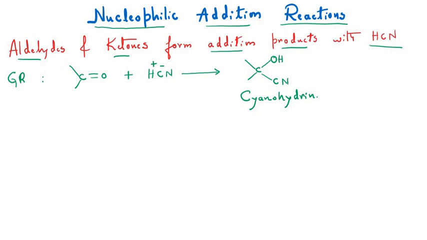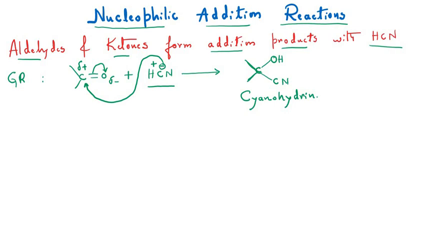So this, when treated with hydrogen cyanide, HCN, basically we know that this pi bond is a weak bond and it will be migrated here. This oxygen now bears a partial negative charge and this carbon bears a partial positive charge. So the nucleophile CN minus will come and attack this positively charged carbon atom, and therefore we get the corresponding product, cyanohydrin. So this compound is called a cyanohydrin.